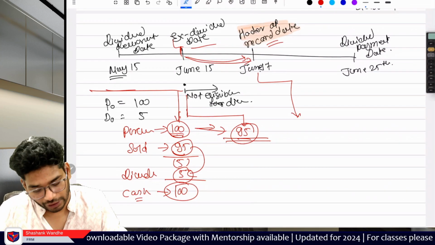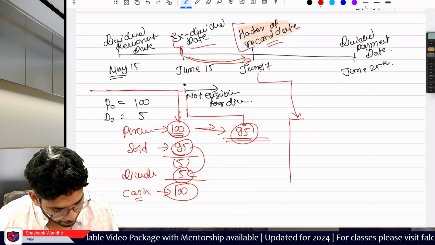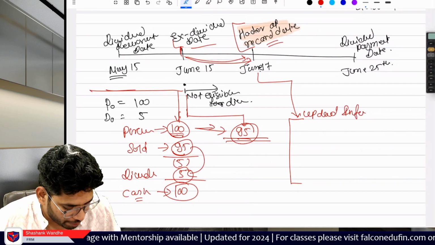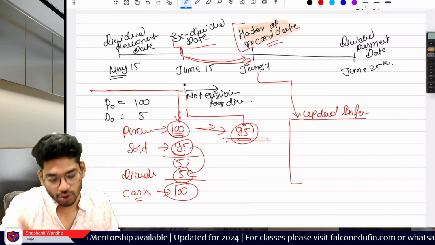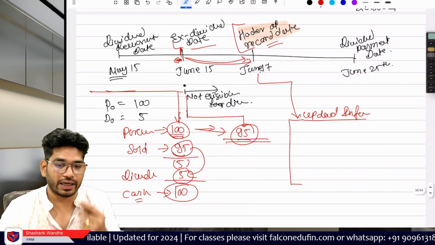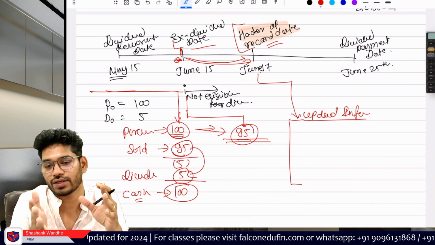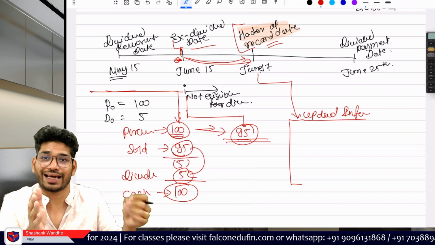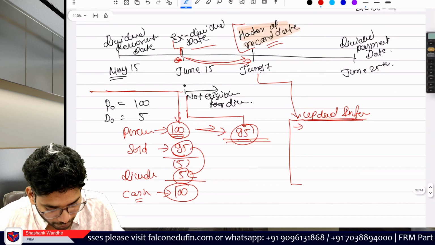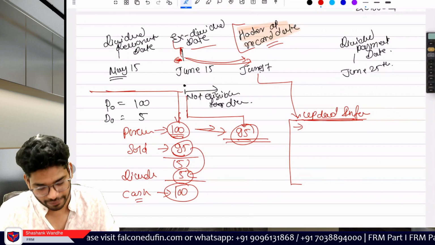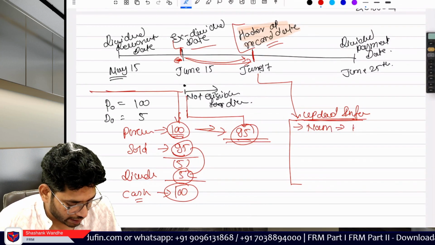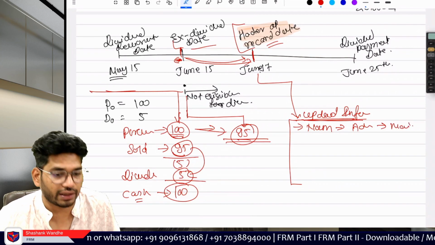So holder of the record date means on this date, the company will have all the updated information on who was holding shares just one day before the ex-dividend date. If you are holding shares one day before ex-dividend, but you sell on the ex-dividend date, your name will still be recorded on this specific date. With the name, there will be an address and other mail details.